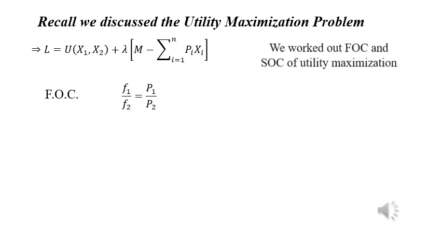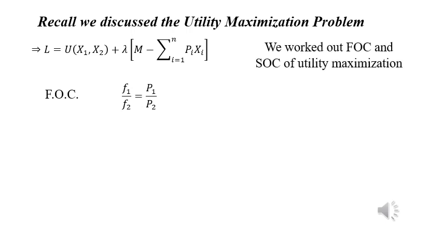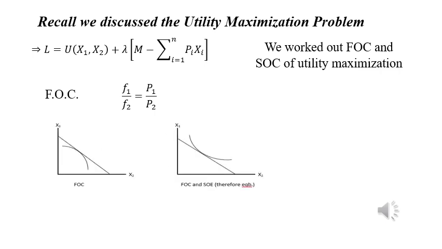ratio of commodities. We already know that the ratio of marginal utilities is the marginal rate of substitution, which is the slope of the indifference curve, and the price ratio is the slope of the budget line. So the first order condition revealed that at equilibrium, the slope of the budget line should be equal to the slope of the indifference curve, which is just to say that at equilibrium, the budget line should be tangent to the indifference curve. Now we can see from the figure that the first order condition gave two different scenarios, one